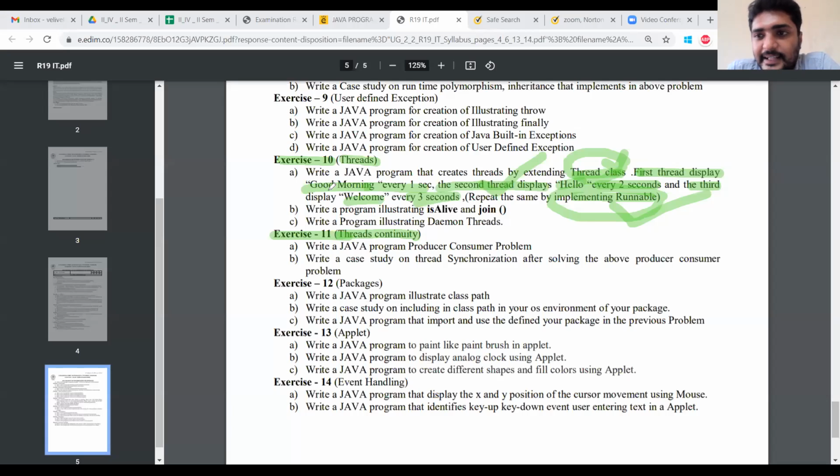This can be implemented in two ways: extending the Thread class and implementing the Runnable interface. So we have to write 2 programs. The first uses the Thread class and the second uses the Runnable interface. Let us implement this one.